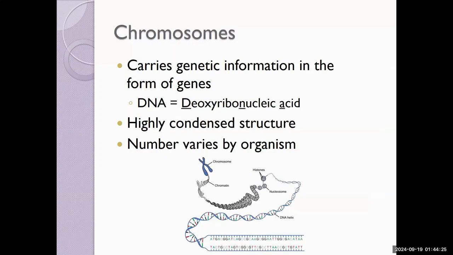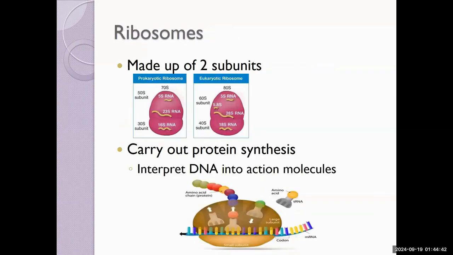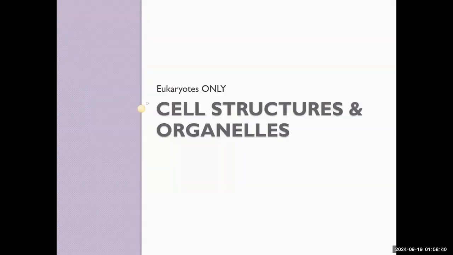The number of chromosomes will vary by organism, but in all cases, this is the genetic blueprint that describes what the cell can do, its structure and functionality. And finally, all cells must have ribosomes. Ribosomes are the translators. They are able to read the genetic information and translate that into proteins, the doers of the cell. Let's look at the complexity that eukaryotic cells have over their prokaryotic counterparts.